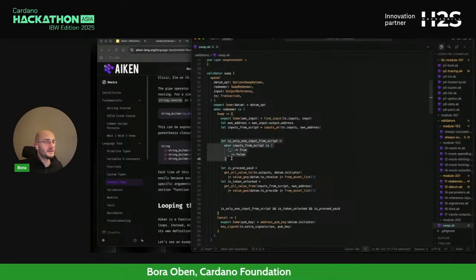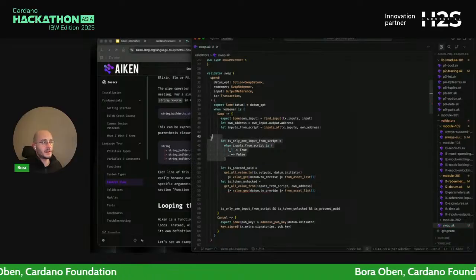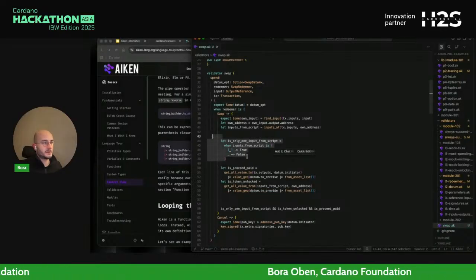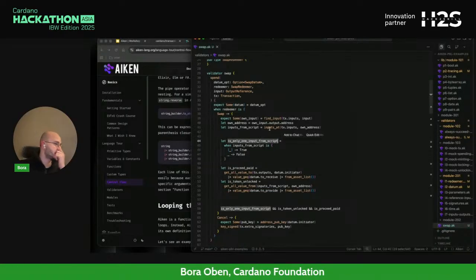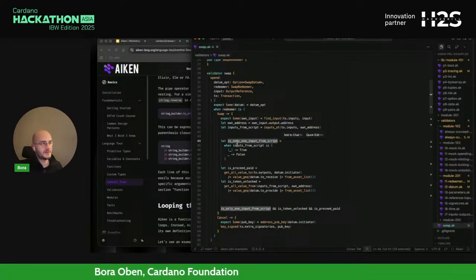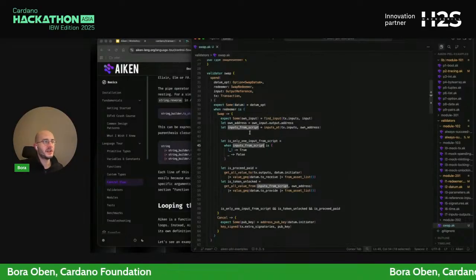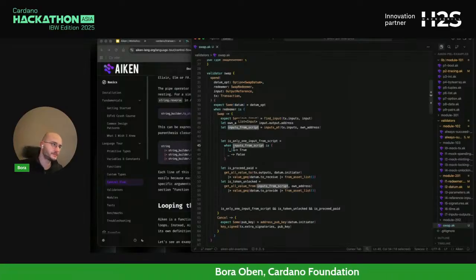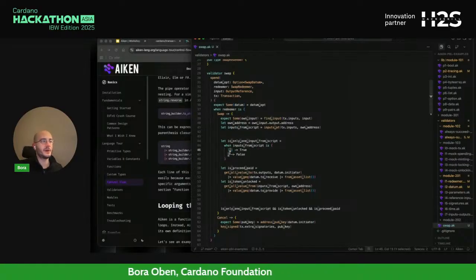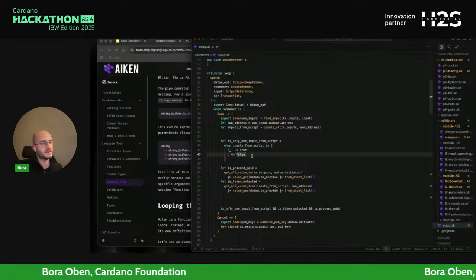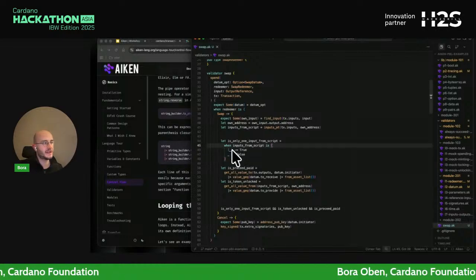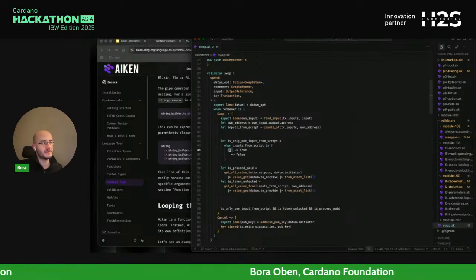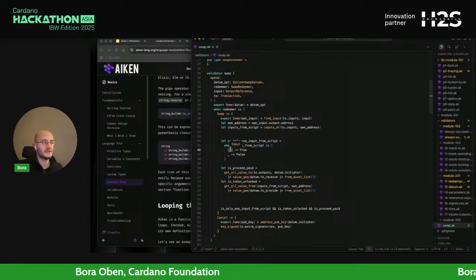So here, this is the first thing we are checking, and this needs to be correct for the smart contract to work. And is only one input from script, for example, what happens here is we are checking for the inputs that are from the script address. And if there is only one, so this notation might be a bit more foreign, but again, this is saying there is exactly one item in this list, and in this case, it's a list of inputs.